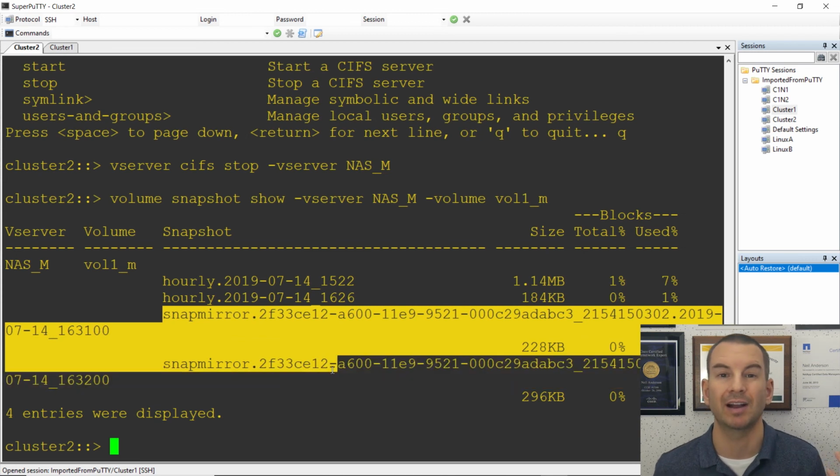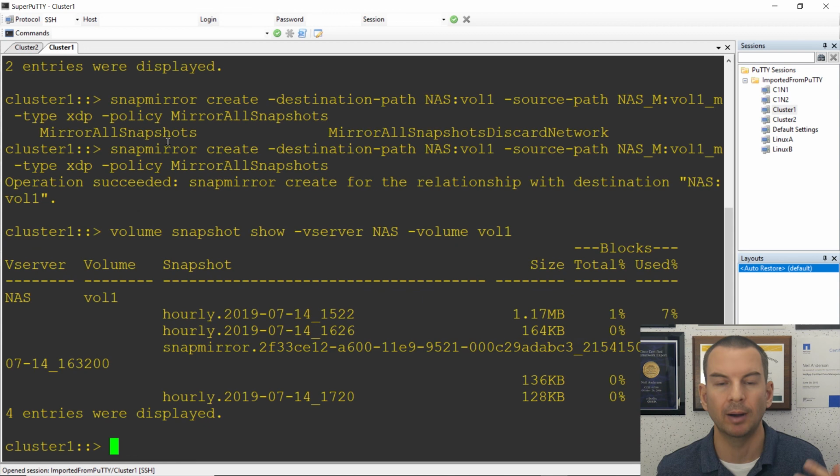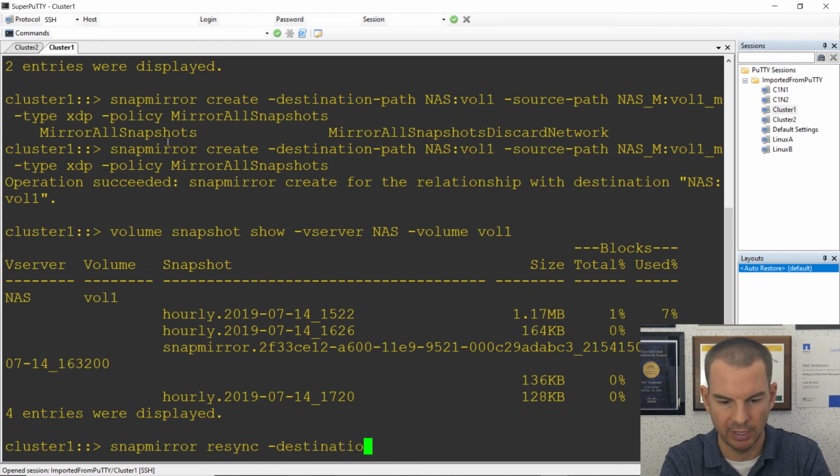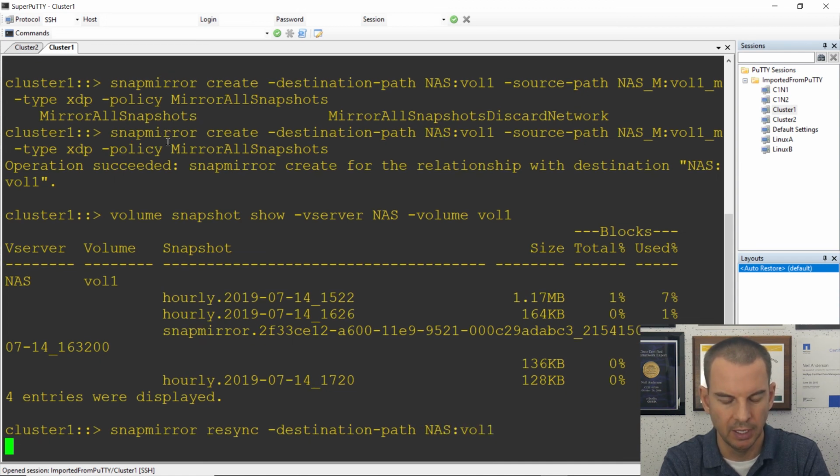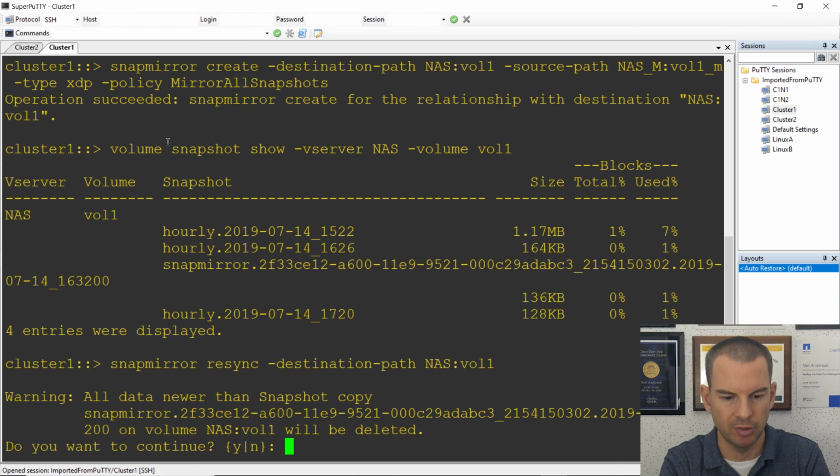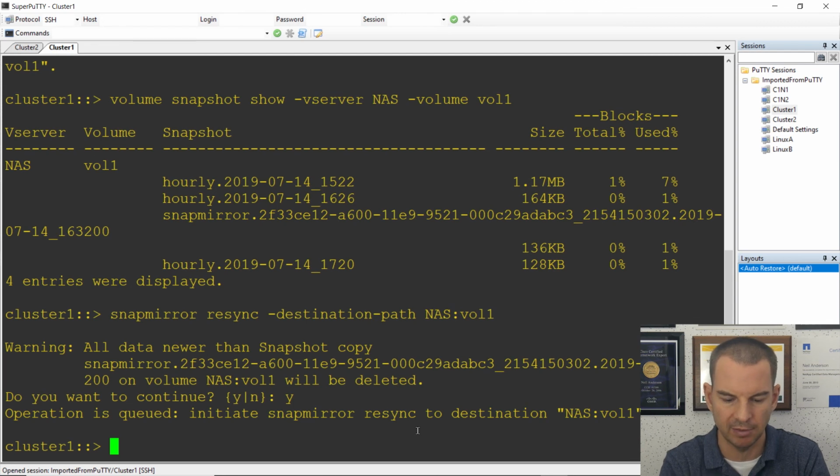So because the SnapMirror snapshots are still there on both sides, I don't need to do an initial baseline transfer again. I can just do a resync to update the changes back over to cluster 1. So the command that I'm going to do for that is snapmirror resync, and the destination-path here is NAS:vol1, and that will replicate the changes back. It's giving me a warning message because of the timestamps here. That's all good. I'll say yes, and I can now do a snapmirror show,